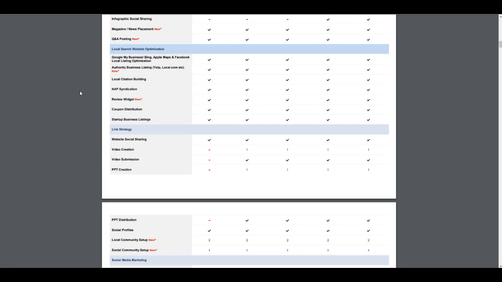We also have a dashboard section, and we make sure that not only do they have all of their primary directories created that they need, but also we deal with things like duplicate directories, non-claim directories, getting access to directories your client doesn't have access to, mismatching business information found online.